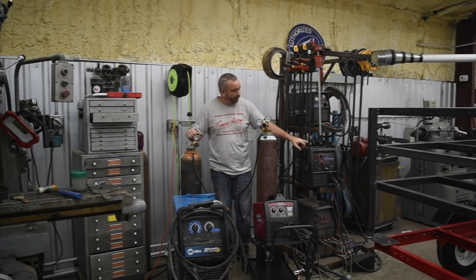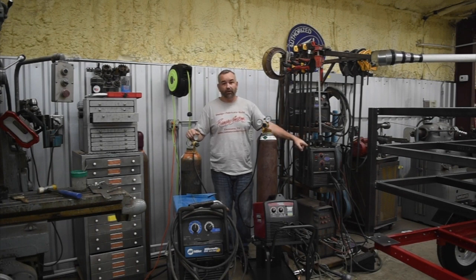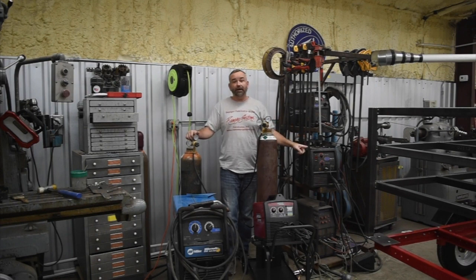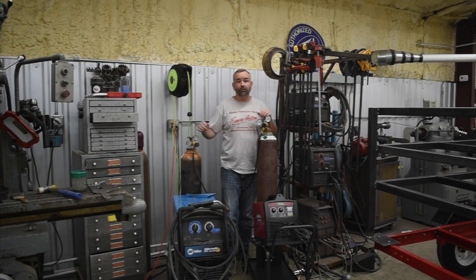And over here you can see I've also got an Eastwood welder, and I can already give you a comment that this is not a good welder. I've had this for 2 years. I've used it very little, and I've had lots of problems with it. Now, I'll give Eastwood a lot of credit. Their support is awesome. When I call them, they've been great. They've sent out parts immediately. And even though it's been 2 years, I think it has a 5-year warranty, they've agreed to replace the whole machine because, yet again, it's down,